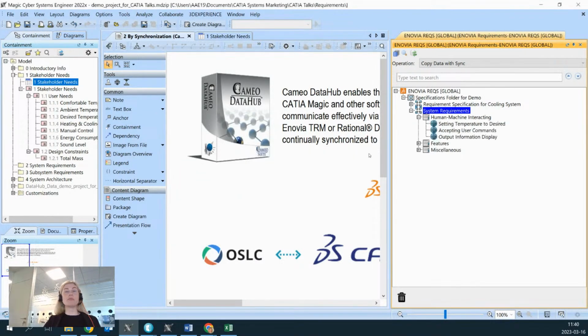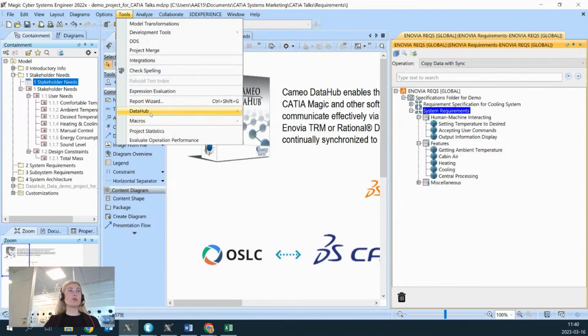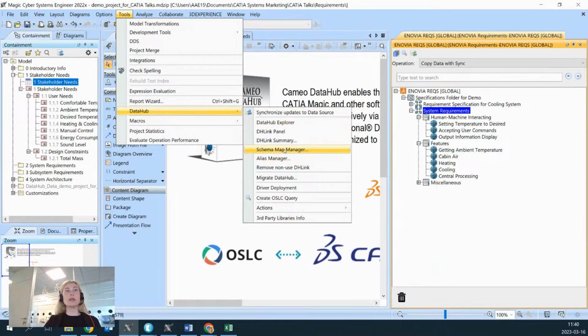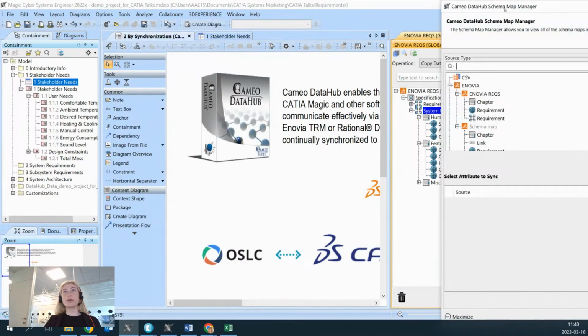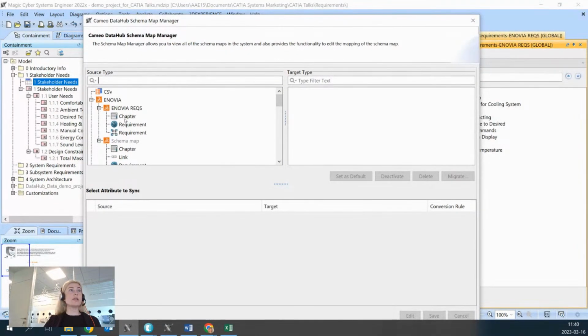Before the synchronization, I will show you the mapping schema, which was created in advance. So I go to Tools, Data Hub, and there is the Schema Map Manager dialog. And here I can see the mappings. So here are the elements from Enovia requirements, and here are the appropriate, mapped elements of